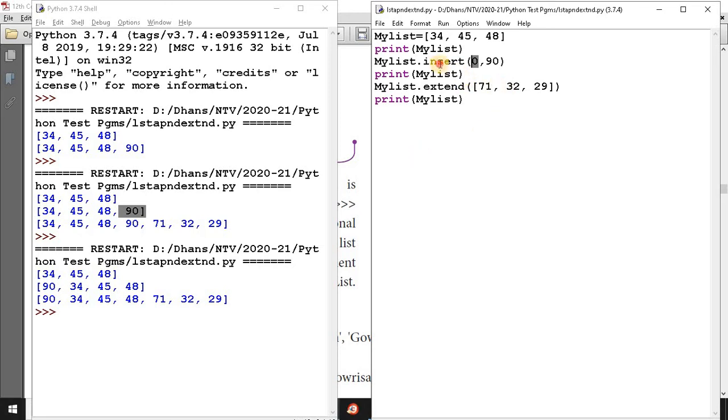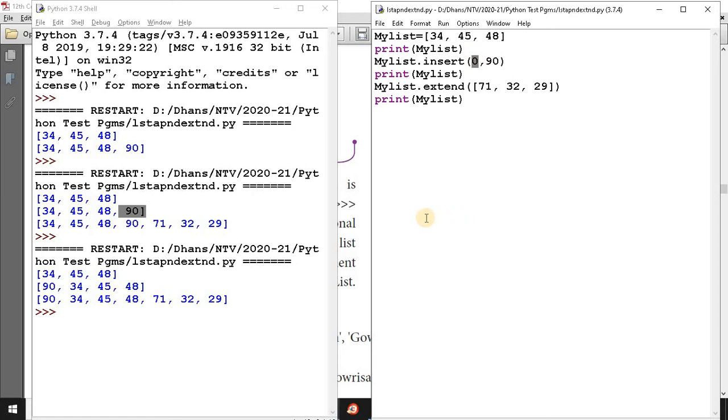So you have to remember each element's position. Then, in whichever position you want to insert the new element, you have to mention that index position. Then the value which should be added at that given position.